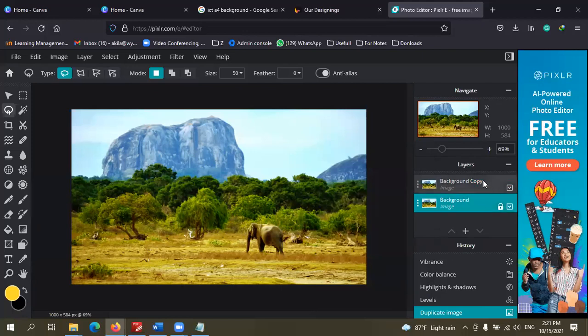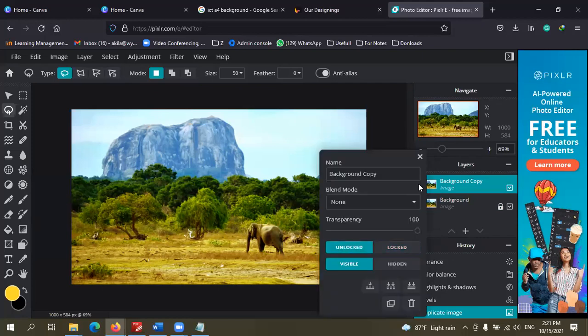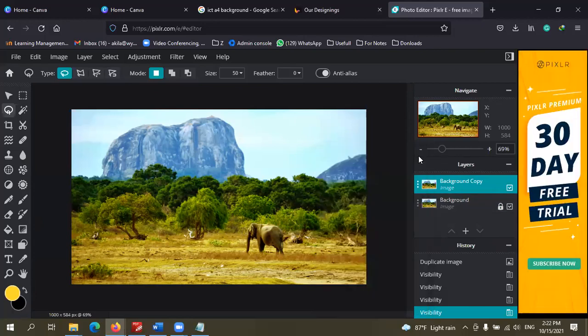Then I'm going to make this one hidden, invisible. Okay, however, now we can see in this layer panel, there are two layers, right? Two layers are there. And one is on top of the other.